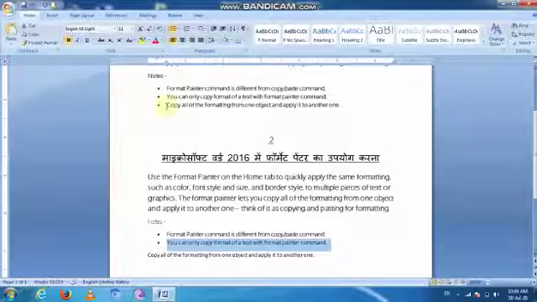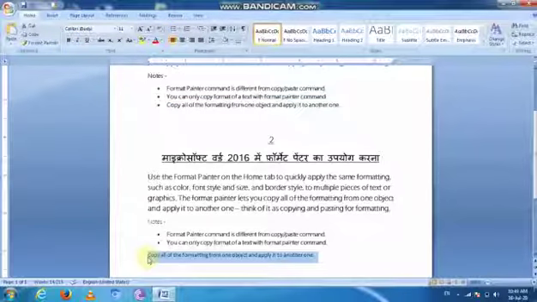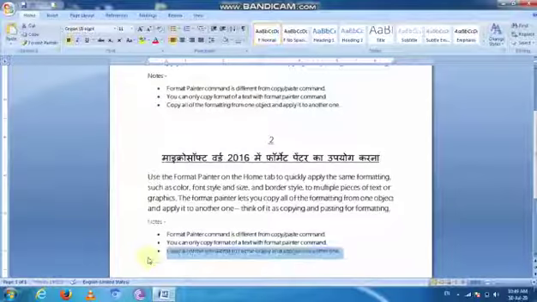Again I select these lines, use the shortcut key Control Shift C, and this text format is applied on the other text line format. Then I select and use the shortcut key Control Shift V. You can see the format is changed.